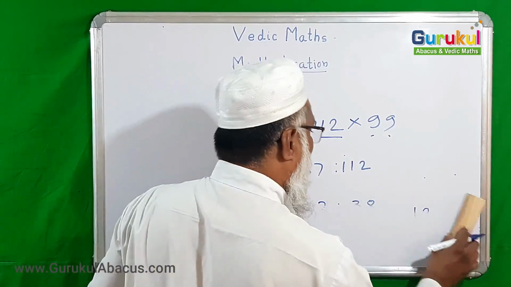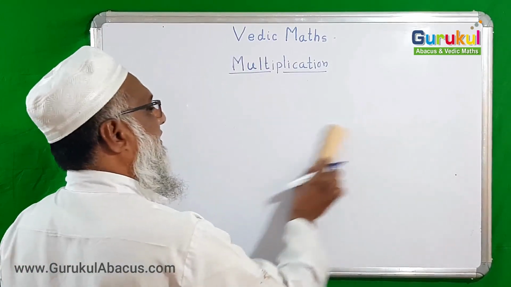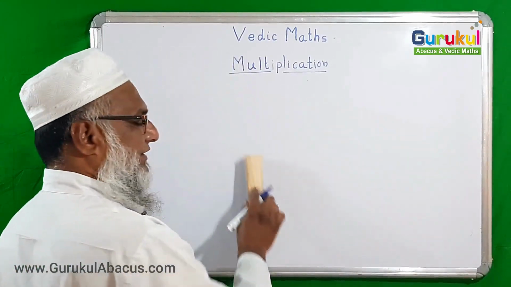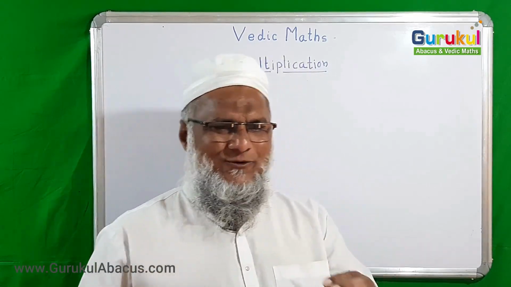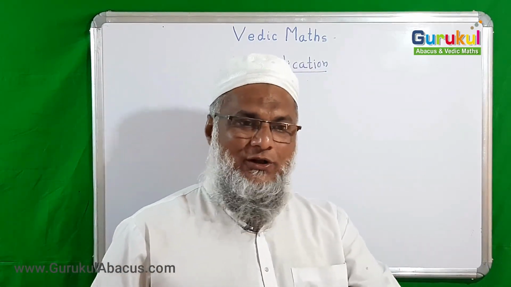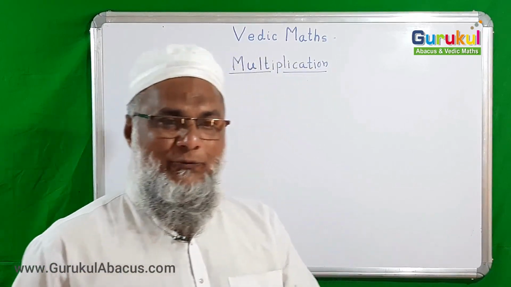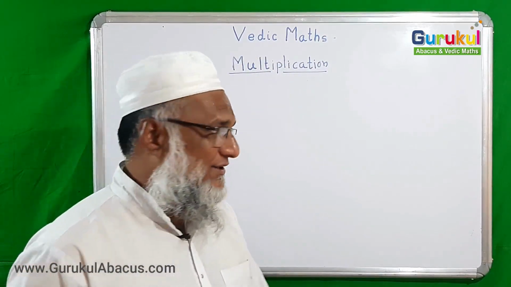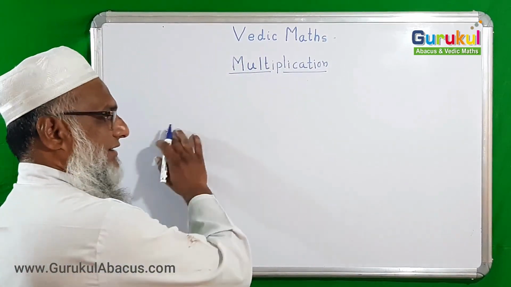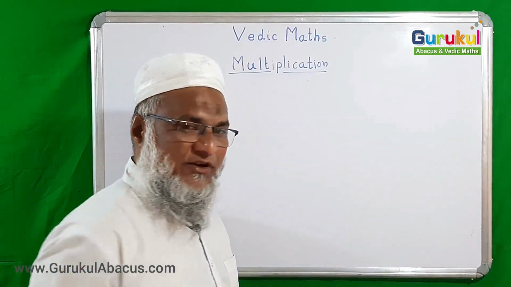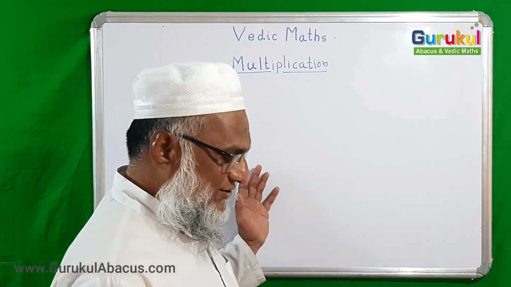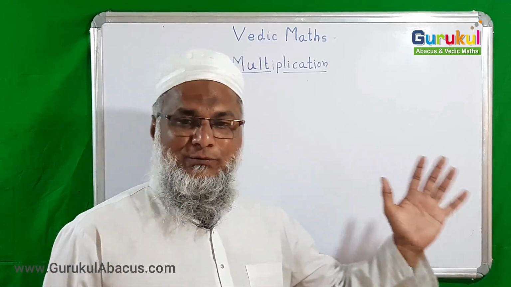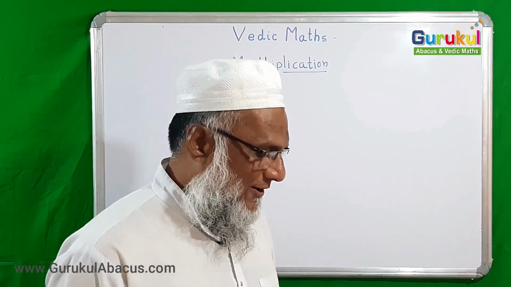So any number you can multiply by the greatest number. If out of the two given, one is the greatest number, within 5 to 6 seconds you can solve the example. This is the beauty of Vedic mathematics. In the traditional way, if you are going to solve a 7-digit into 7-digit number, definitely it would take 1 or 2 or 3 minutes. But here within 6 to 7 seconds, such 7 to 8-digit number multiplication we can do. Thank you.